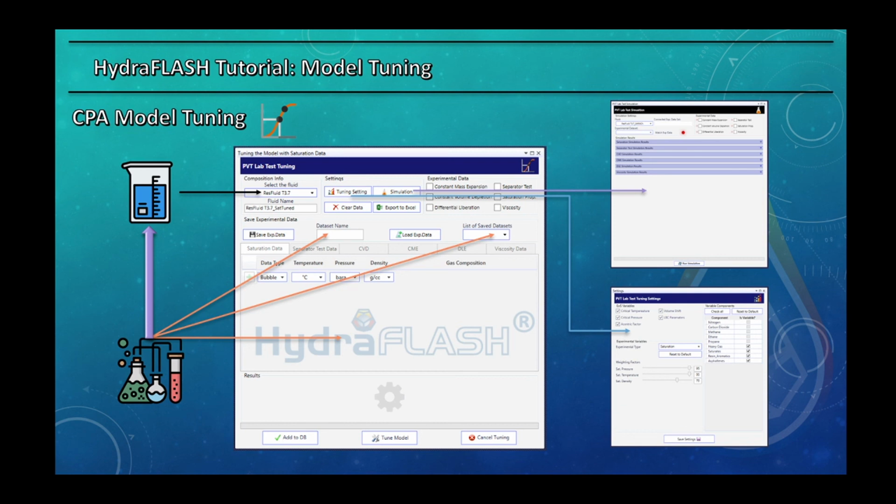So to avoid changing the parameters of the first fluid, we have to make another fluid with the exact same composition and compounds, but this time with different EOS parameters. So you may have the original fluid and the original underline or dot tuned fluid. These two fluids are exactly the same except for the model parameters. So the first, original fluid